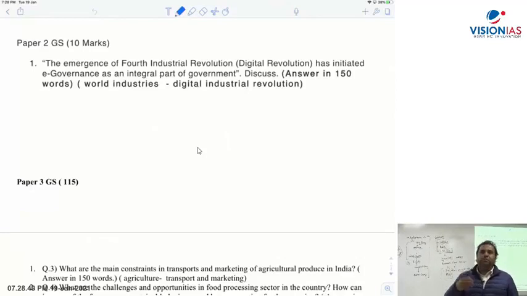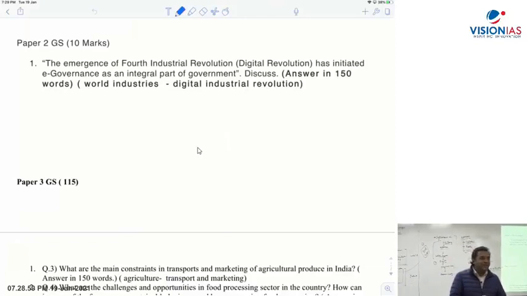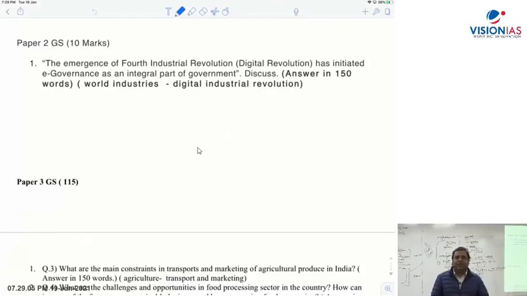So geography, everything. Why is there an overlap? Because when you see the society around you or the world that you will be administering, the world you administer is not divided as per geography or something. When you become a DM, you can't say, "Ye to geography ka question hai, ask geography expert." You can't say, "This is economy question, ask somebody else." When you are the DM or you are a secretary, you have to handle that topic, whatever comes to you,